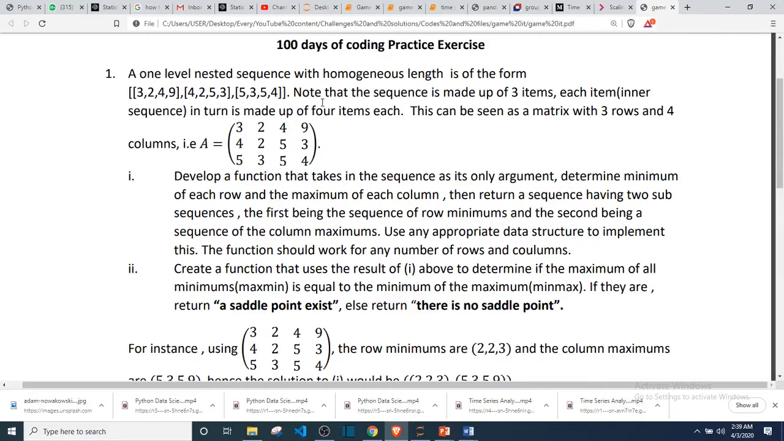Okay, we got that. They said this can be seen as a matrix with 3 rows and 4 columns. So we have 3 rows and then we have column 1, column 2, column 3, column 4. Okay, that's well understood. Now here comes the question. They said